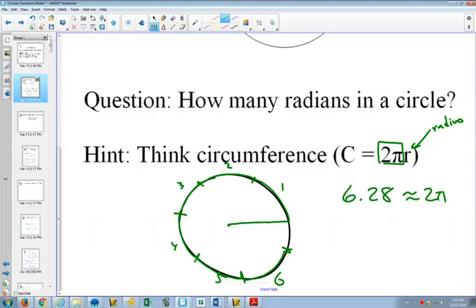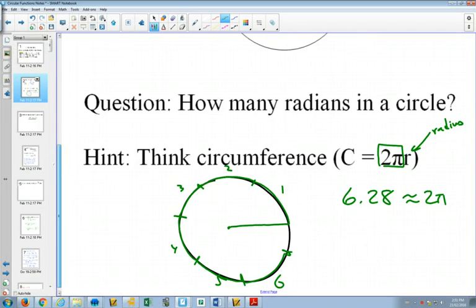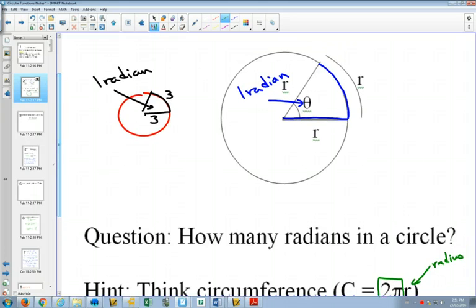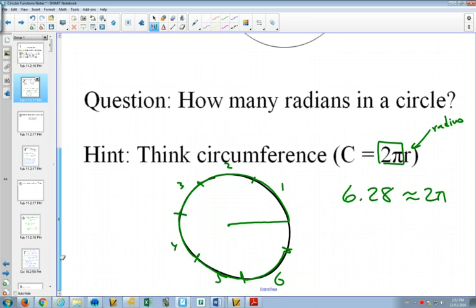around any circle. So if the radius is 3, this length of 3 would happen once there, another 3 there, another 3 there, another 3 there, another 3 there, another 3 there, and then a little bit more. But every time we go 3 along the edge, we're counting 1 radian. So this will count 1, 2, 3, 4, 5, 6 and a bit radians for the circle. So because of that relationship, we find out that there are 2 pi radians